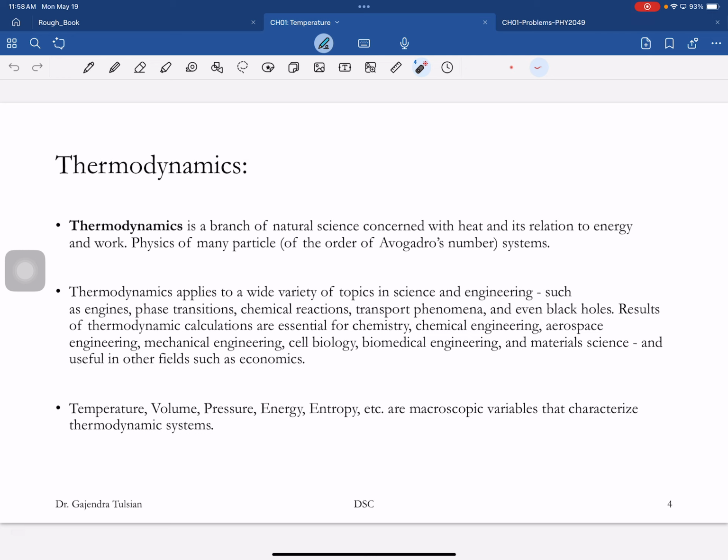we'll briefly go over thermodynamics, which is a course you'll be taking. It is a branch of natural science concerned with heat. Thermo meaning heat, dynamics meaning motion of heat. Heat in relation to energy and work. So